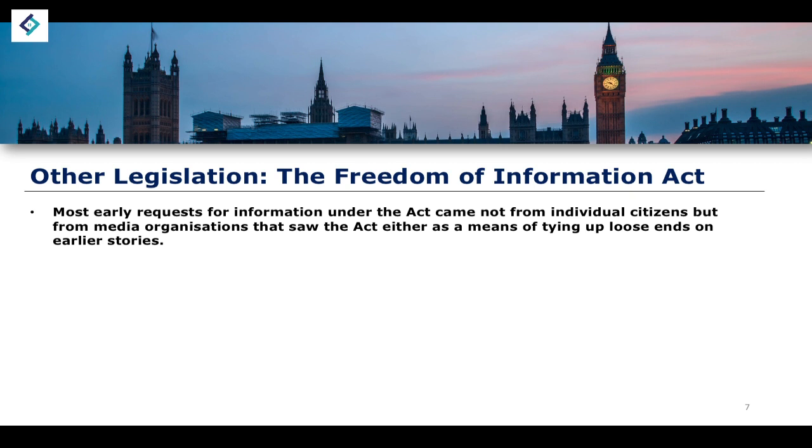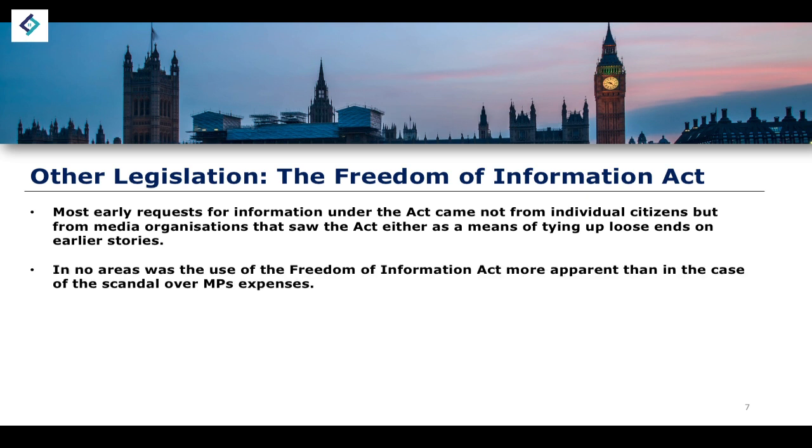Now, for the most part, the Freedom of Information Act has not had the most significant consequences, or the most significant insights. Most earlier requests came from individual citizens or media organizations that sought the Act to either clear up loose ends on earlier stories, or to essentially conclude some information that they didn't have originally. In no area, however, was the